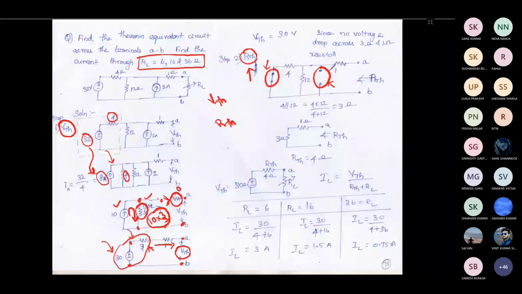This is the actual circuit we have taken. Then in that we have replaced the voltage source and current source with their internal resistance. Then we have removed the load resistance, and that is open circuited. Then we have to find the R Thevenin from this point. Means you have to see the equivalent resistance from this point. So you have to start solving the circuit from the extreme end. Here this is the extreme end.